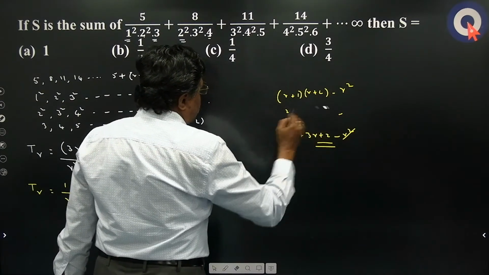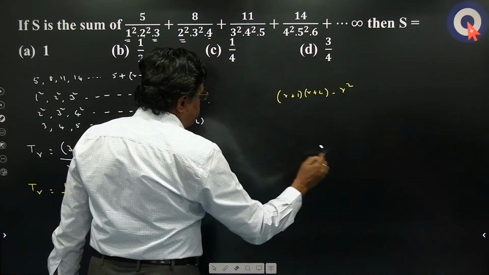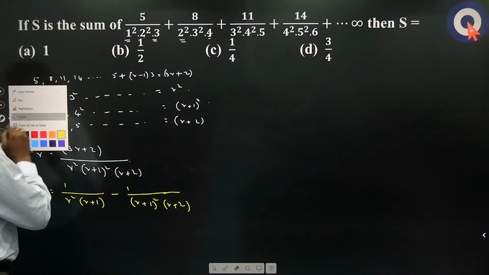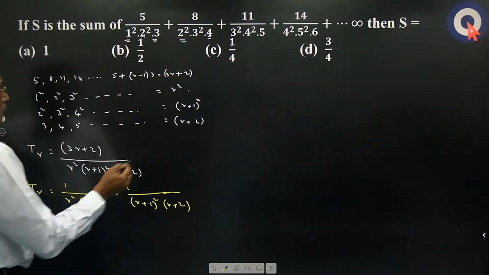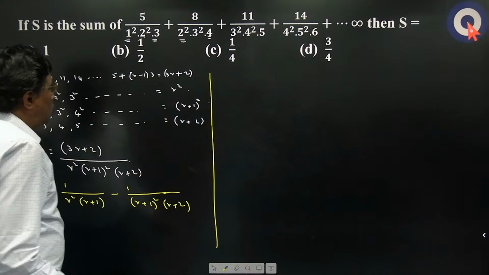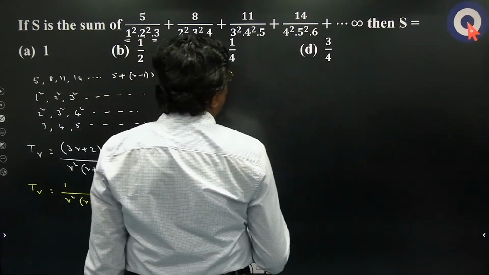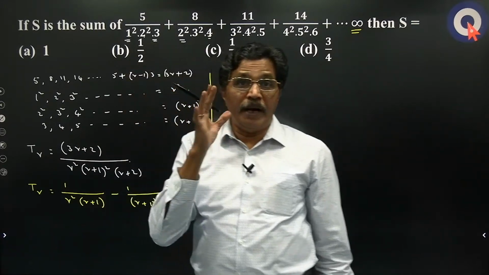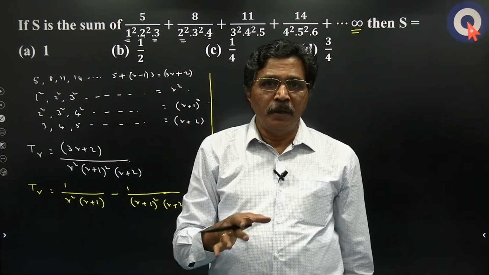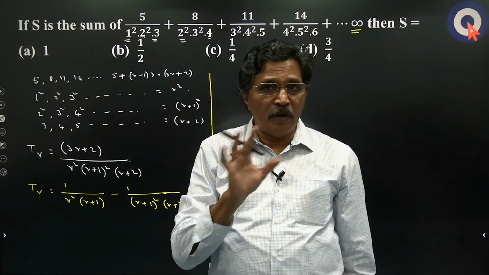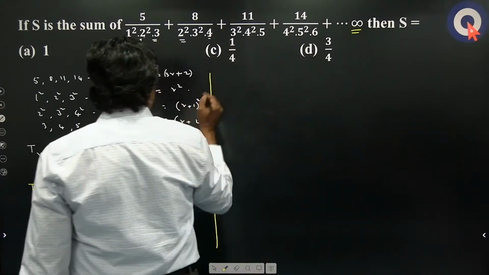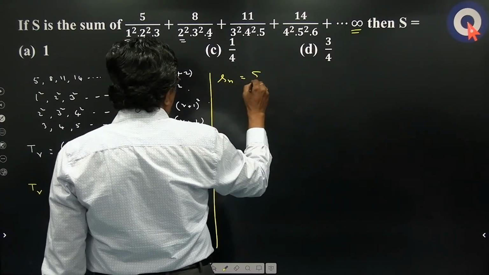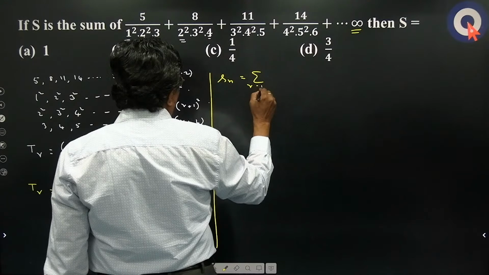So just a second, I'll just clear this. All right. Whenever you need to find the sum to infinite number of terms, it is necessary that you first find the sum to n terms and then take the limit of Sn as n tends to infinity. That is how you should do. So Sn, that is, we are talking about sum to n terms, is sigma r is equal to 1 to n,